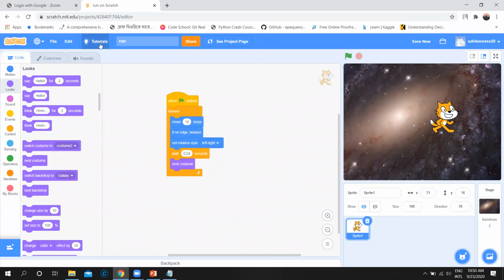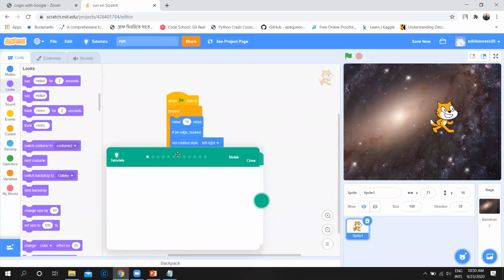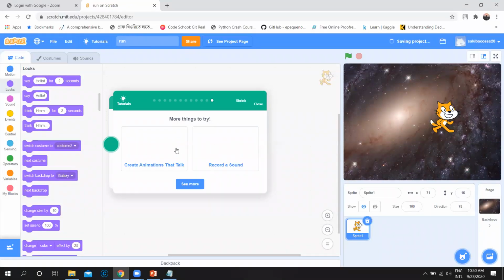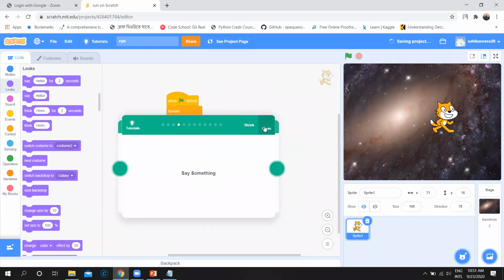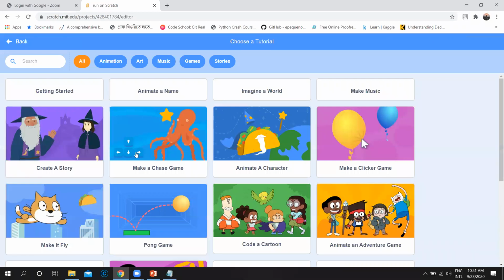Oh, sorry, it's not opening. So your job is to create a story. Okay, I am creating a story. They will give this option. It's taking time to load. They will give the option. What should you do? Before that, they are supposed to add some. Sir, is it already created? It's already created, but there should be some code also.